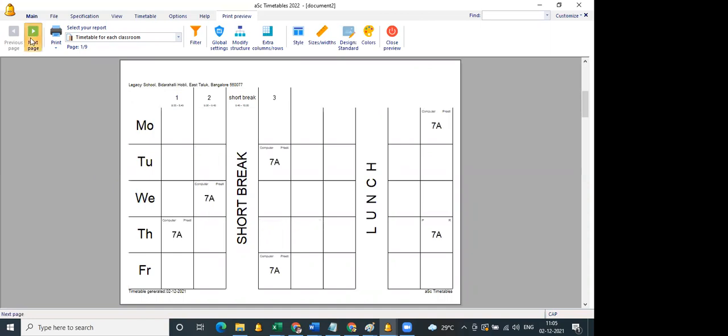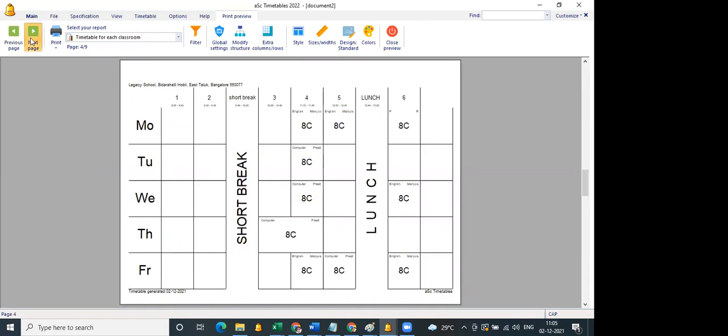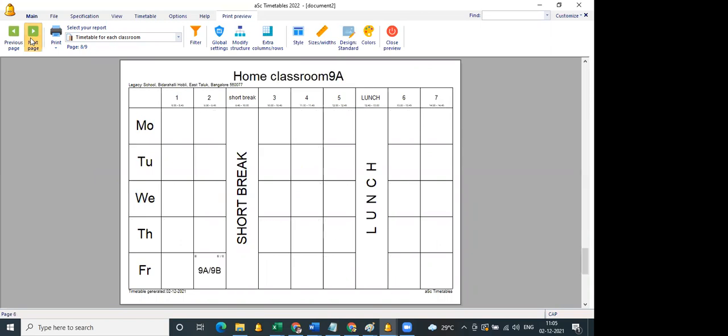And also if I go to the home classroom, 9A, this is the allocation, and 9B too. You can see the classes are split between the economics room, the 9A home classroom and the 9B home classroom. So for this particular allocation of 5 periods, there are 3 classrooms involved. You're able to view, madam?